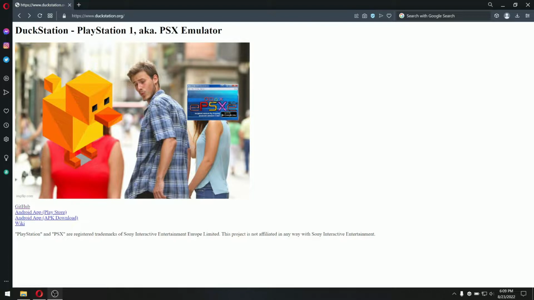Today we're going to be talking about emulation on one of my favorite consoles of all time, the PlayStation 1. And we're going to be emulating it with DuckStation. So let's get started. The first thing you're going to want to do is go to